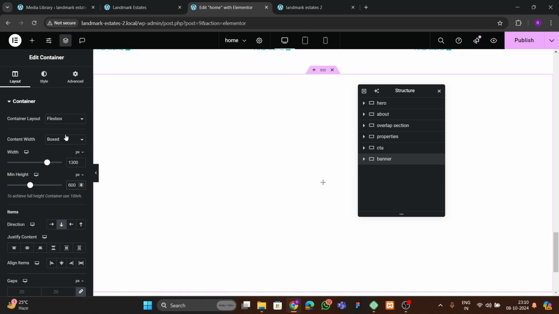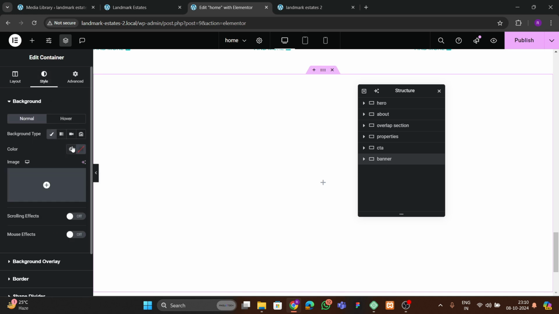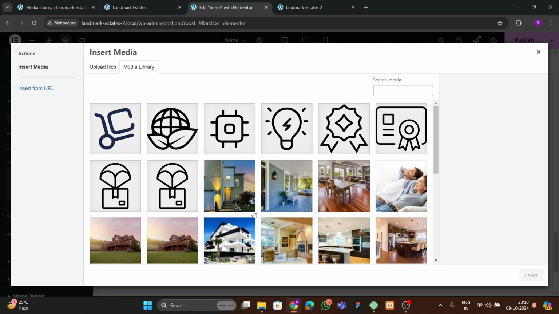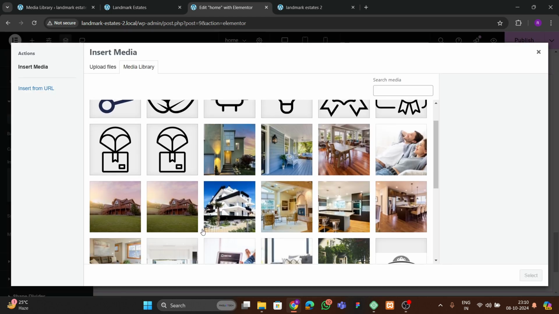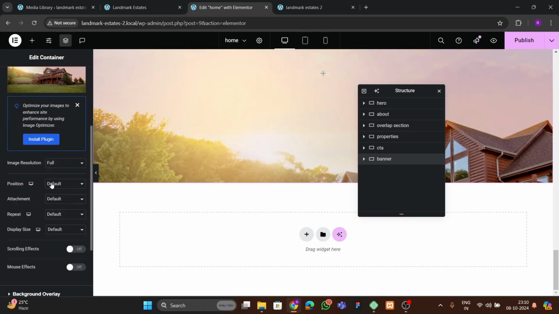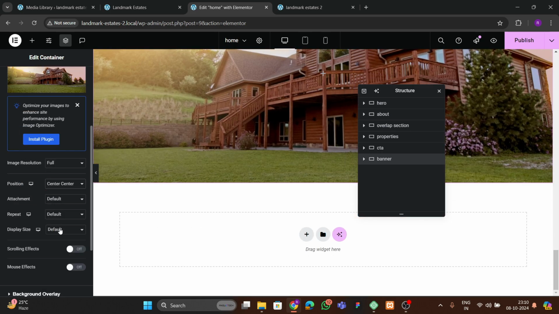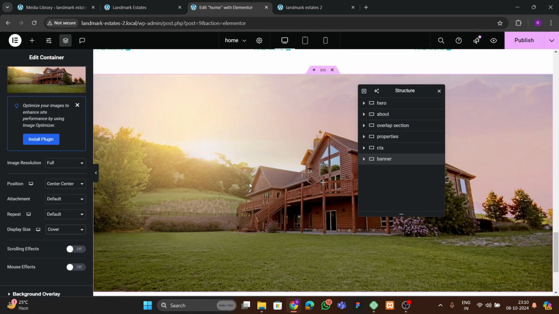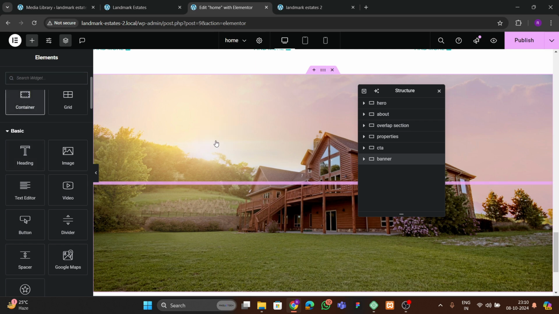Okay, so we can choose this. You can go to styles, and we have to choose an image here. The image can be any image, so let me choose this image for this time. Then we can go to position, center, display size, cover, like that. Then we can just drag and drop a container,